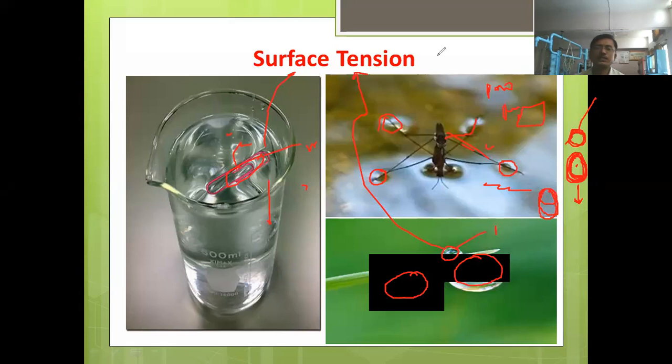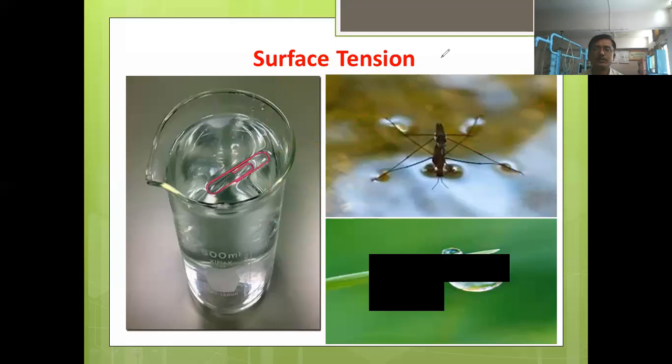So what is surface tension? Can anyone tell me? Does anyone have any idea about this concept, surface tension? Surface tension is nothing but the tensile force acting on the surface of any liquid which is